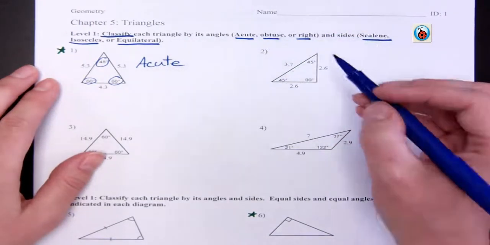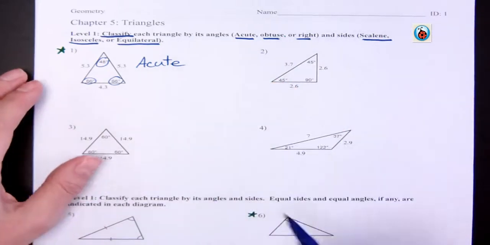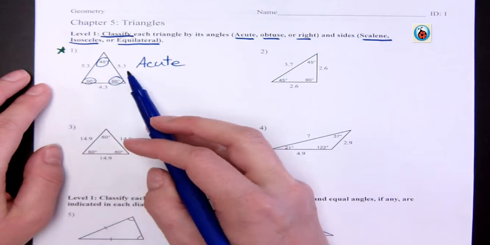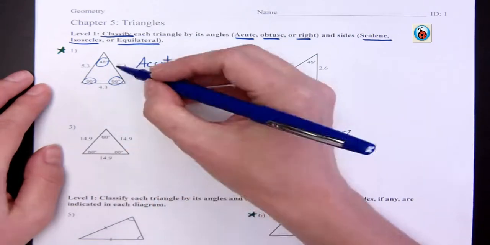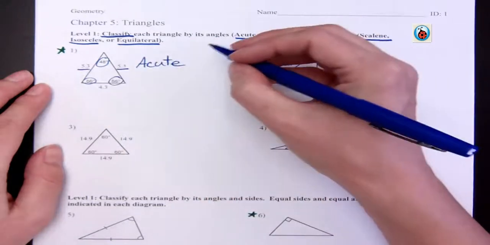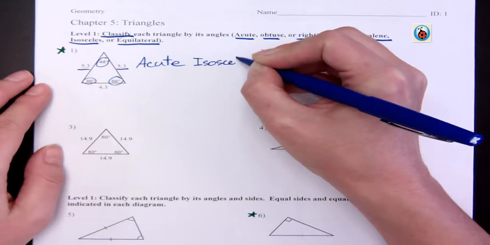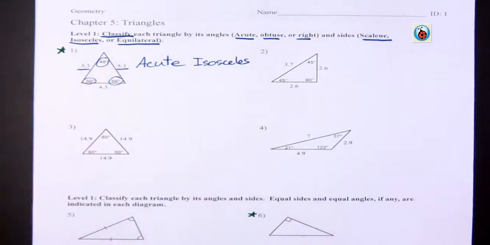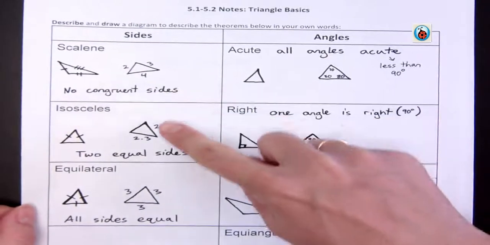And then I go and look at its sides. Scalene means they're all different sides. Isosceles means two sides are the same, and equilateral means all three sides the same. And so I have two sides the same, so it is an acute isosceles triangle. And so if you need to, look at this page in your packet that has all of the definitions for